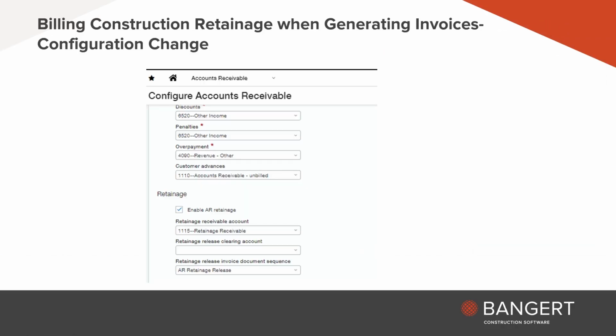If you want to be able to use that feature, you need to come in and set up your retainage release clearing account. So you would just make something like a 1120 retainage release clearing GL account, and you would put it here in that empty box right here. Okay, so this is in the configure AR area in your settings there. Again, make sure you're at top level when you're doing some of the configurations. Otherwise, you might not be able to see it.